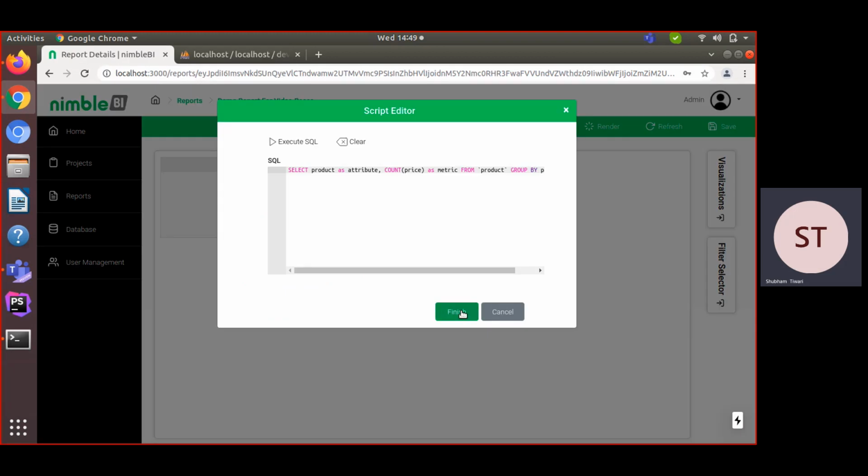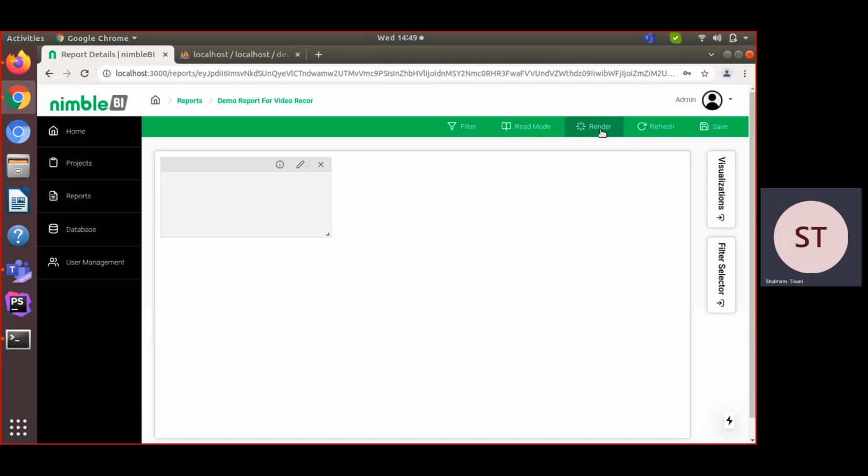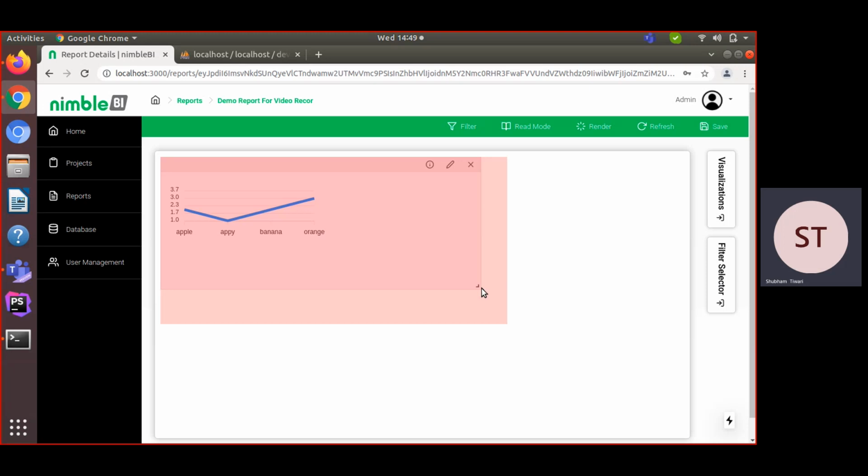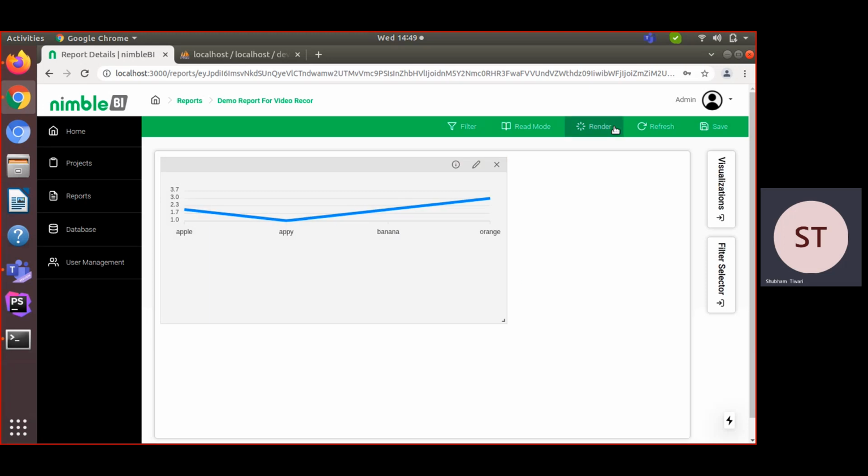So let's click on the finish button, and after finishing, click on the render button. You can see we successfully created our first visualization. After this, you can also resize it.